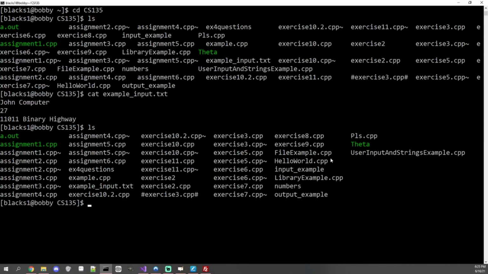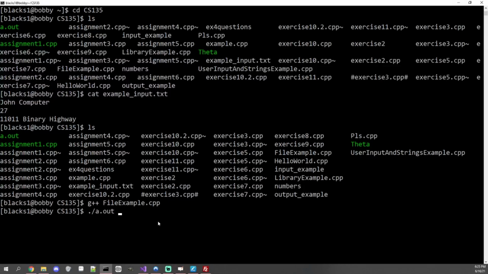Okay, so we're over on the school server now. I'm going to go ahead and compile and run it over here. You'll see that I have a file called fileexample.cpp, and that's the one I'm going to run here. So let's go ahead and compile it first. So g++ fileexample.cpp, and then it will give me my executable because it compiled, and we'll simply type ./a.out, and then the